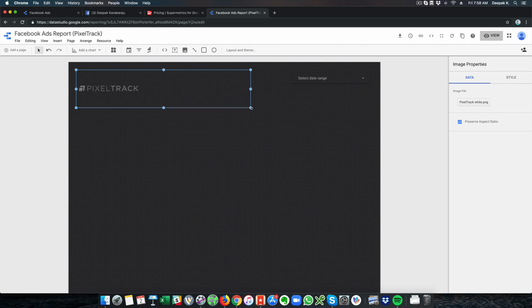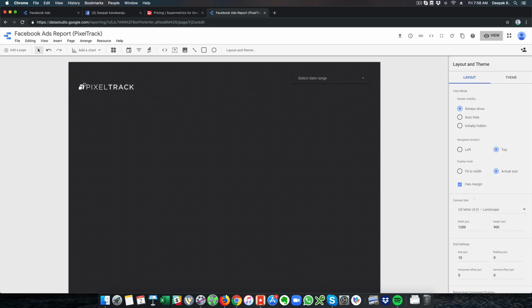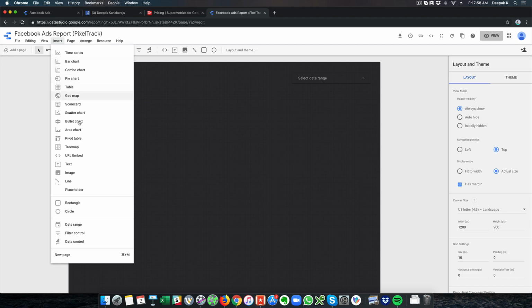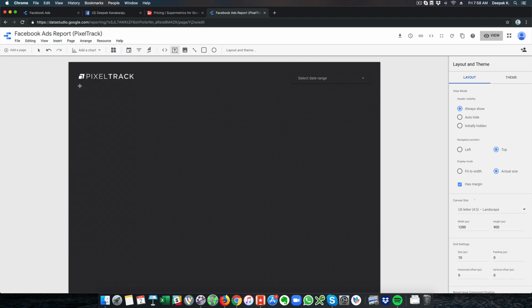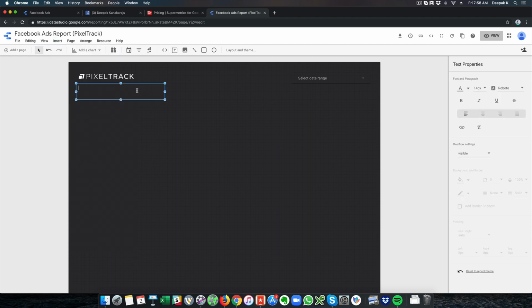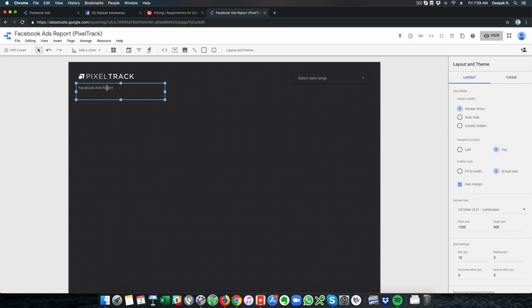That's what I imported, and I could add the logo here. So this is the logo, and I can also add a text. So insert text, Facebook Ads report. This would be the text.